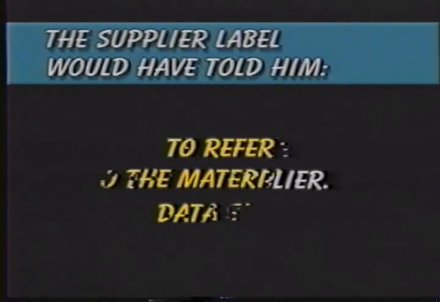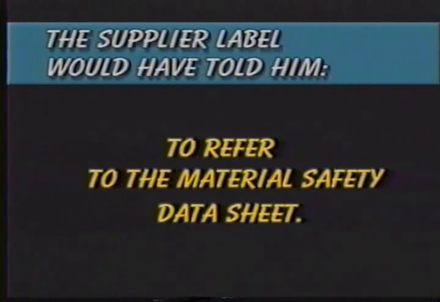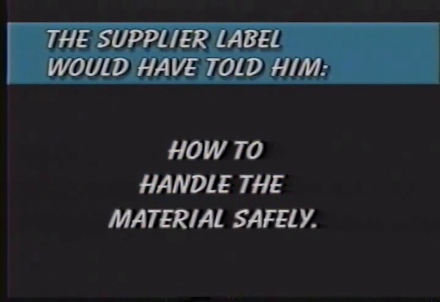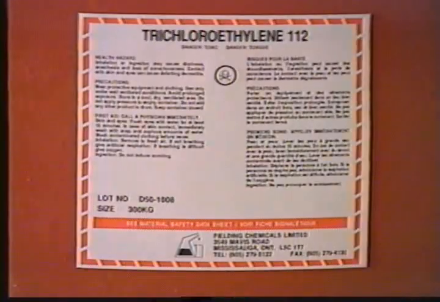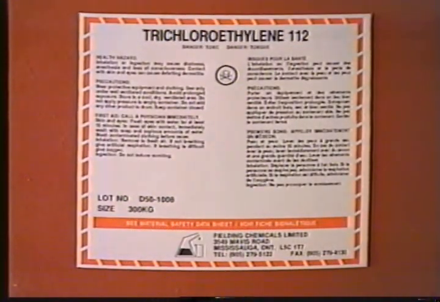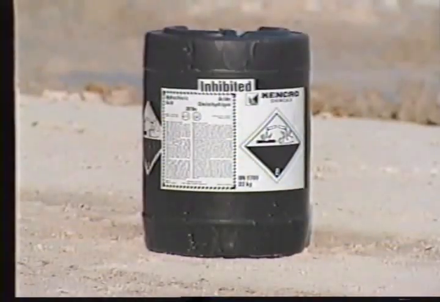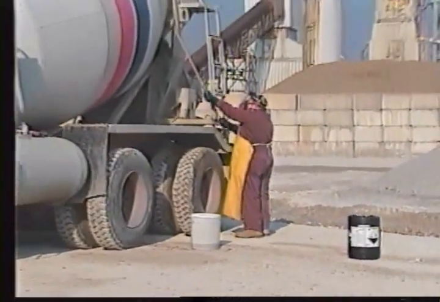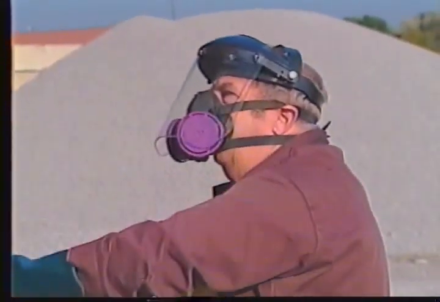The supplier label would have told him what the material is, the name of the supplier, to refer to the material safety data sheet, the hazard symbol, the effects of harmful exposure, how to handle the material safely, first aid measures. The supplier label always has a distinctive border, and it is presented in English and French. Every supplier is required by law to label all hazardous materials with this information. Your employer is also required to ensure that the label stays on